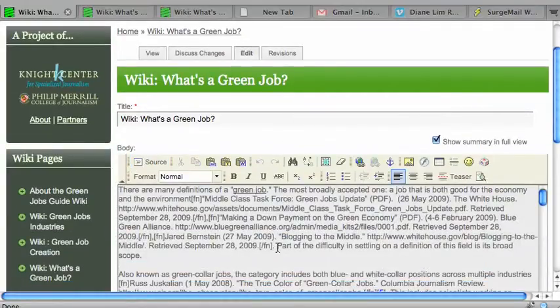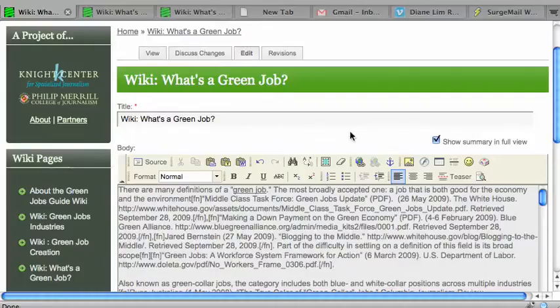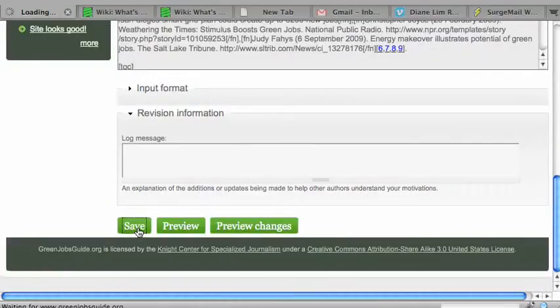So let's say we wanted to add a footnote to the end of this sentence. I would type bracket, and you'll notice which kind of bracket this is. It's a square bracket. It's not this funky curly one. It's not this regular parentheses. Square bracket, FN, close square bracket, and then I have a footnote here already, and I'm just going to type that in, and bracket slash FN, close bracket. Now if I hit save,